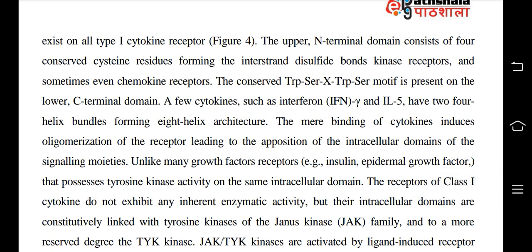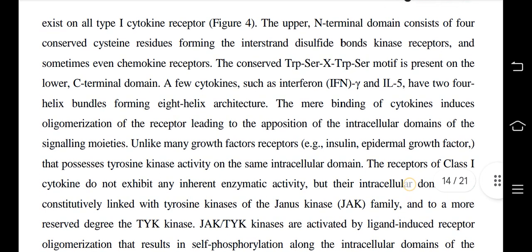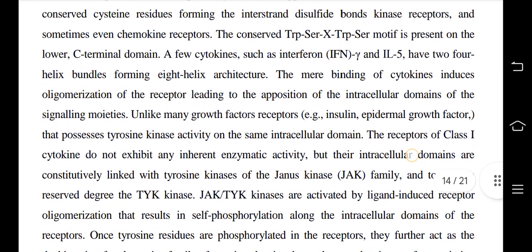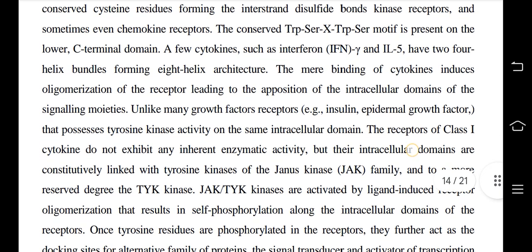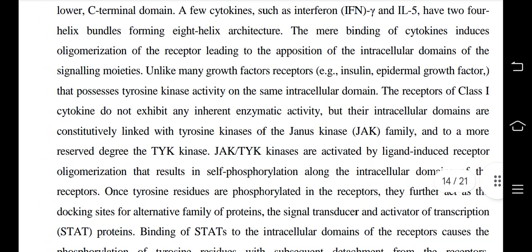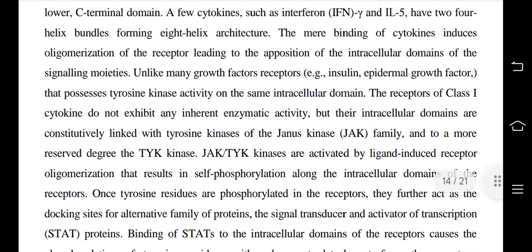The upper N-terminal domain consists of 4 conserved cysteine residues forming disulfide bonds, in kinase receptors and sometimes even chemokine receptors. The conserved TRP, SERX, TRP SER motif is present on the lower C-terminal domain. A few key cytokines such as interferon IFN gamma and IL-5 have 2-4 helix bundles forming an 8 helix architecture. The mere binding of cytokines induces oligomerization of the receptor, leading to the opposition of the intracellular domains of the